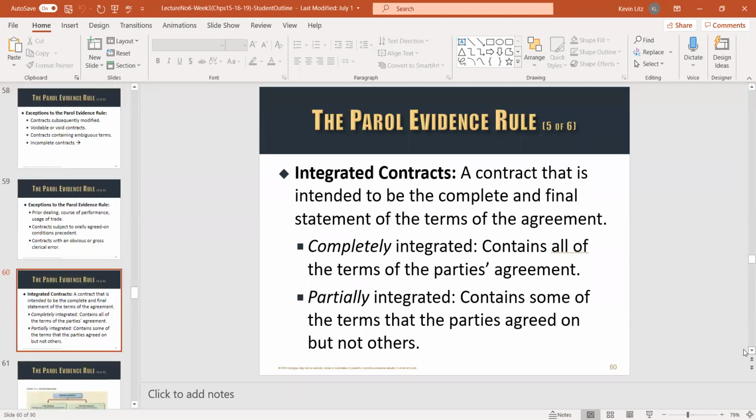Integrated contract, that simply means next time you sign a contract, a lease, a loan, or something, there will probably be a paragraph, a provision, if you will, sentence or sentences that say, hey, this contract is the final contract. It supersedes and integrates everything we've talked about up to this time. That's all they're talking about when they say integrated contracts. This has everything in it that we now agree on. So, you know, don't go back and look at our negotiations, don't look at our things. This is the contract.